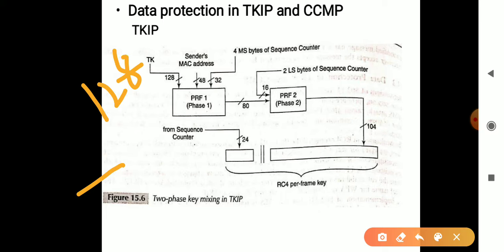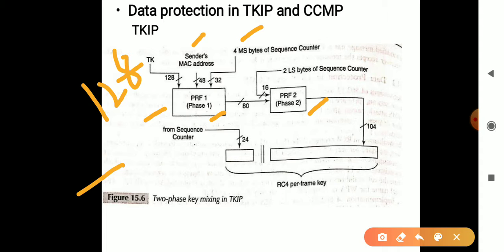It is also going to use the sender's MAC address, which is 48 bits, and the four most significant bytes of the sequence counter. All together, these are put into the first phase, that is pseudo random function phase 1, and then we have pseudo random function phase 2.